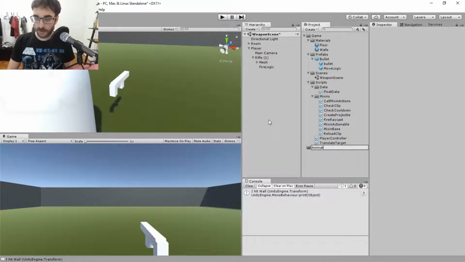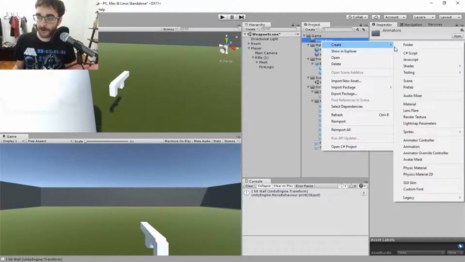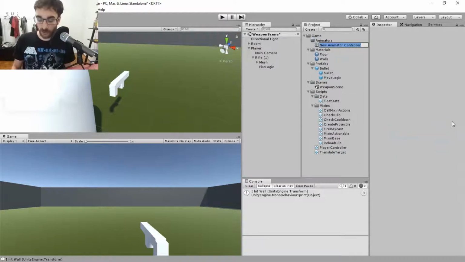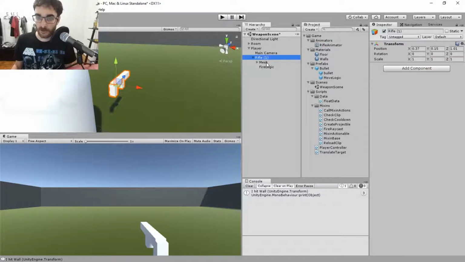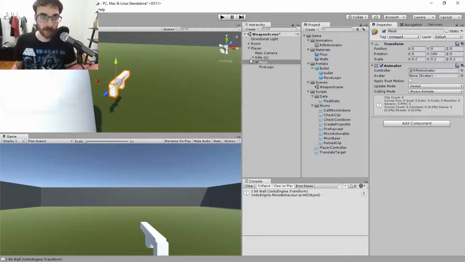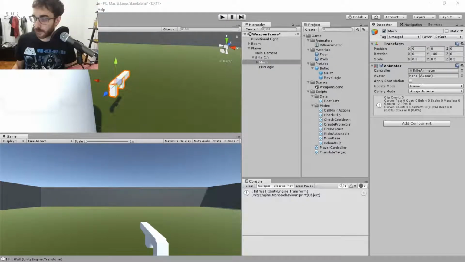I'm going to call it animators because organization is important, and I'm going to create an animator controller, and I'm going to call it rifle animator. Nice. And then on my mesh here, I'm going to give this rifle animator, and then I'm going to open up my animation window. So I'm going to go window animation,